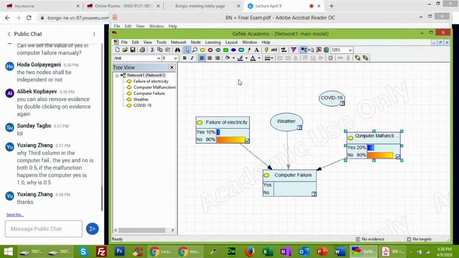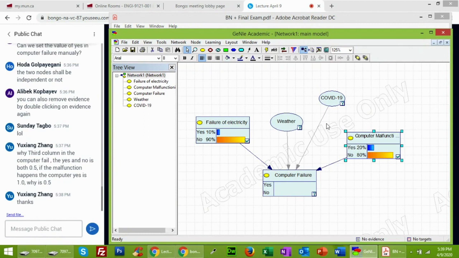Now again I took an arc and input this COVID-19 into the computer failure. Before we run this simulation, as you can see, our arc color is still light gray. The simulation can still run, but as I said in the last lecture, software does not know which inputs are right or wrong. If you give it wrong inputs, it will still process and give you some output. So you are the one who needs to make sure your inputs are correct.